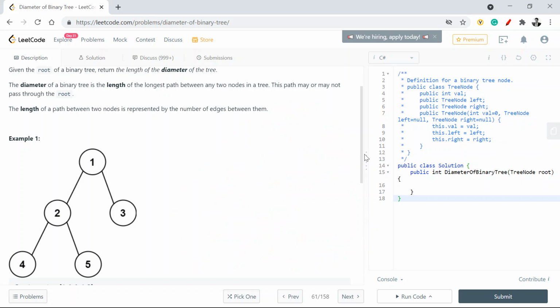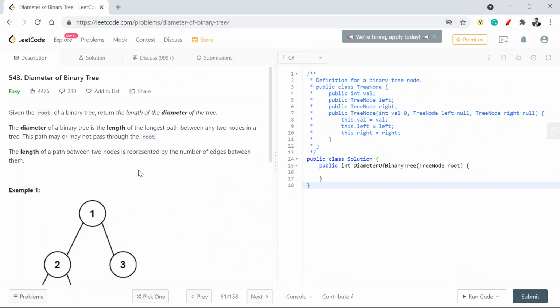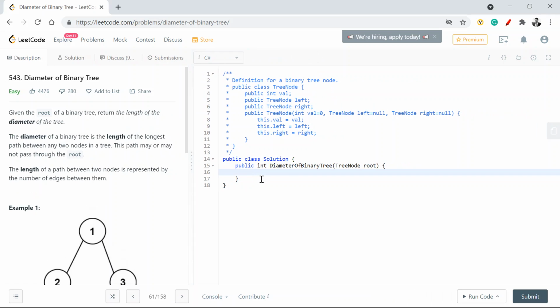Now, how are we going to approach this problem? I think the key here lies with recursion. We need to go towards each left node and the right node, and always calculate the diameter. If the summation of left and right is greater than the diameter, then I'll update my diameter, right? I'll write the code, and hopefully when we debug that, it will become very simple and straightforward.